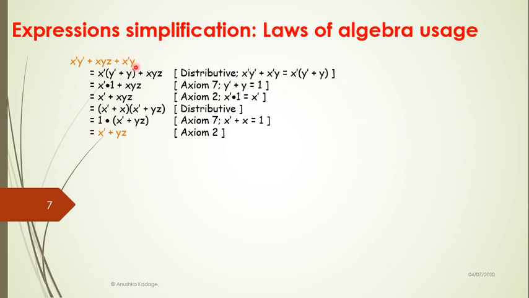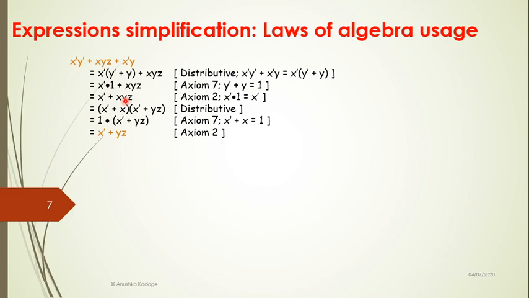Now let's combine the two terms x dash y dash ORed with x dash y and take this x dash term common. In the bracket, we are left with the ORing operation of the y variable with its complement. And we know that ORing a variable with its complement will always give 1. So this term reduces to an ANDing operation of 1 with x dash, which results in x dash only, while the third term is carried forward as it is.